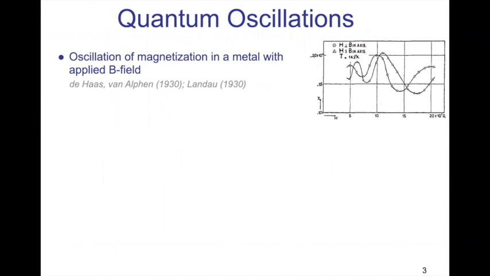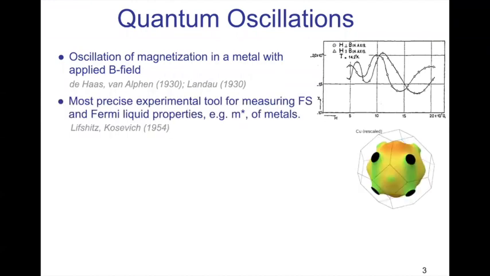Nowadays, we know, of course, that these oscillations are a direct probe of the underlying Landau level structure in our metal. Then in the 1950s, Lifshitz, Kosevich, and Onsager developed a fully fledged theory. And since then, the measurement of quantum oscillations has evolved into one of the most precise experimental tools to measure Fermi surfaces and other